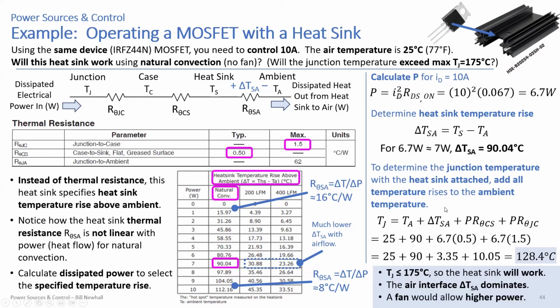Okay. But a point I also want to make here is that electrical design choices affect your life as a mechanical engineer or other engineering disciplines, right? If you were right on the border of this working, maybe just over the border, so you think it wouldn't work, then you might ask the question, well, wait a minute, look at this 67 milliohms right here. Wasn't there a way to get that lower by using a higher gate voltage? So could the electrical engineer use a higher gate voltage somehow and drop this resistance